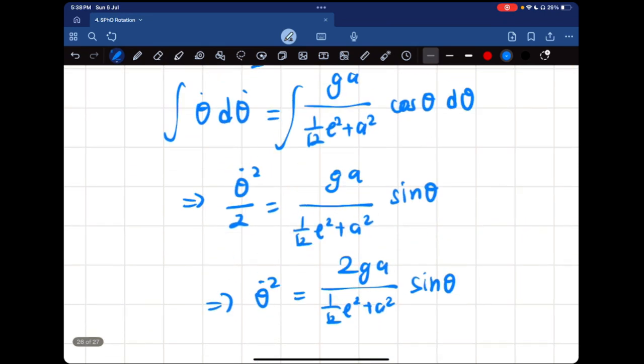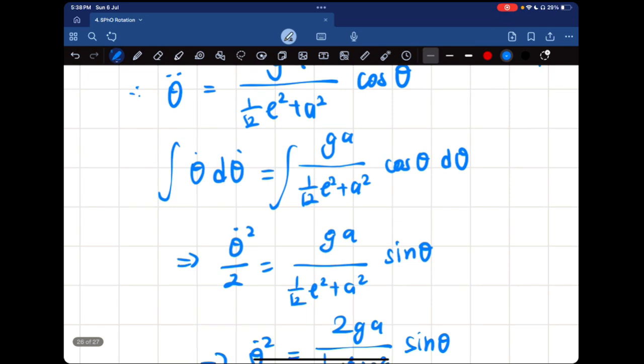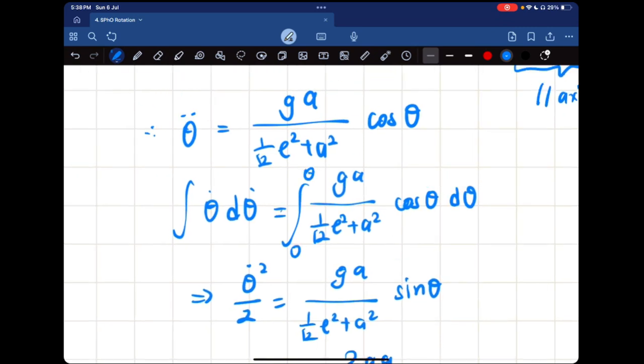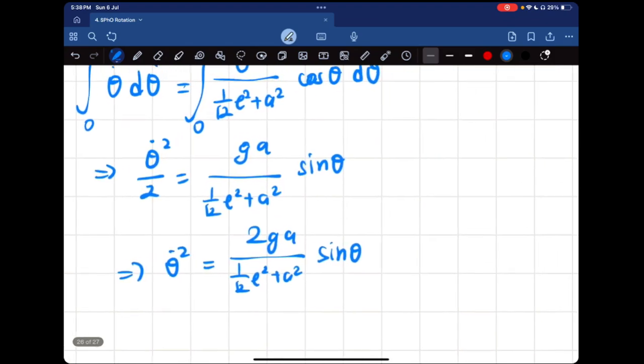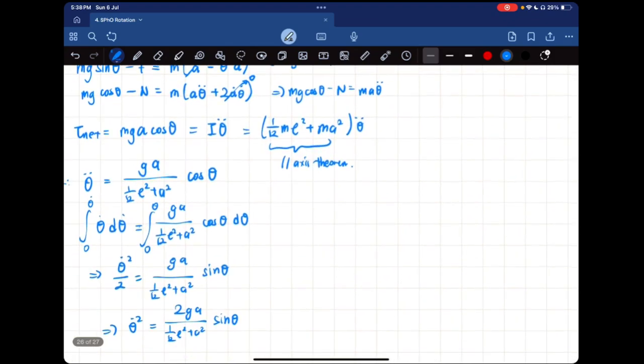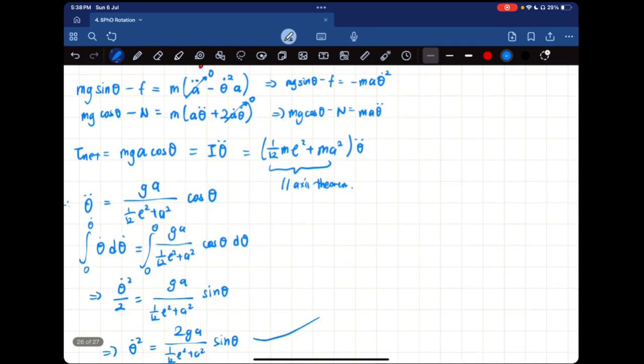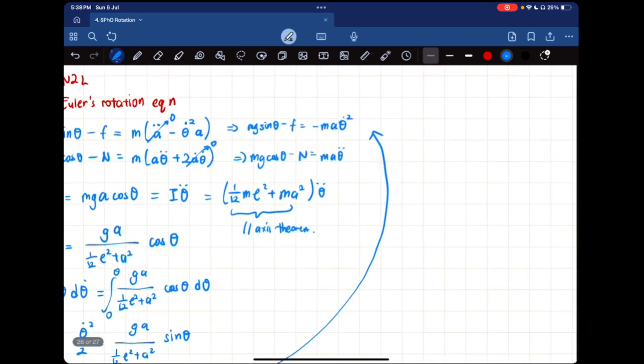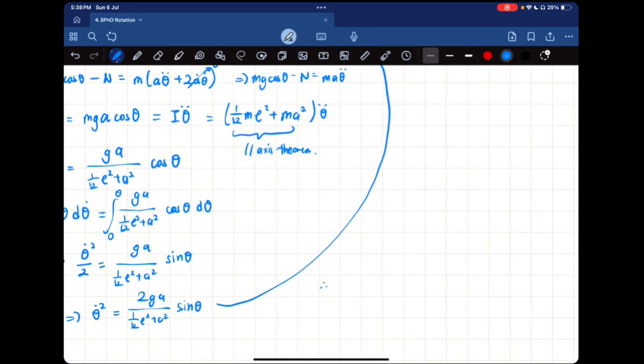Yup, you have this. Okay, I'll just put the limits of integration. So this is your theta dot squared. But cool, because you have another expression here that involves theta dot squared. So this allows you to write